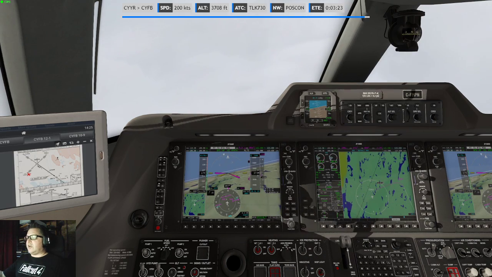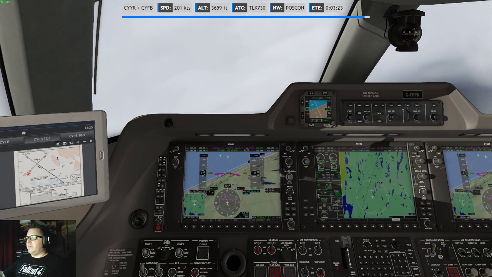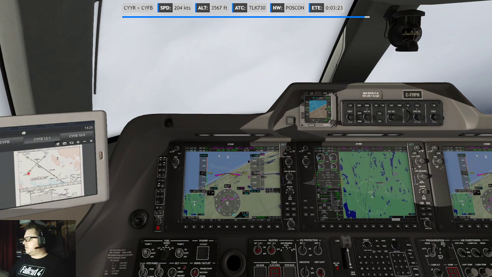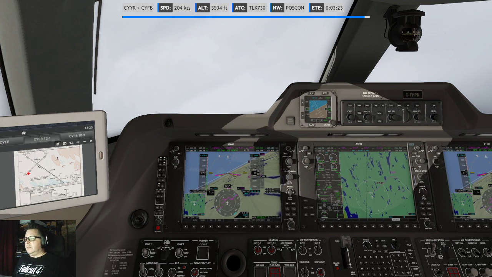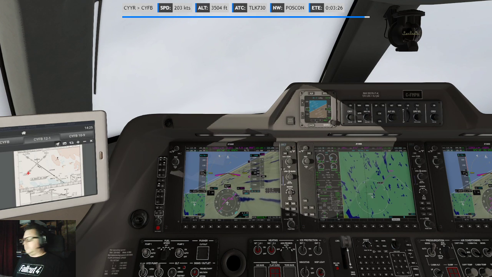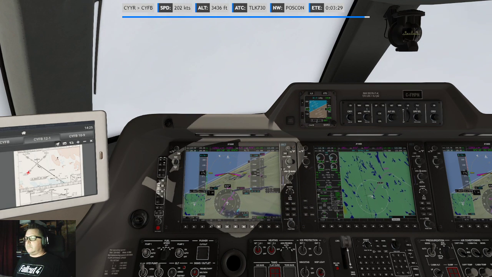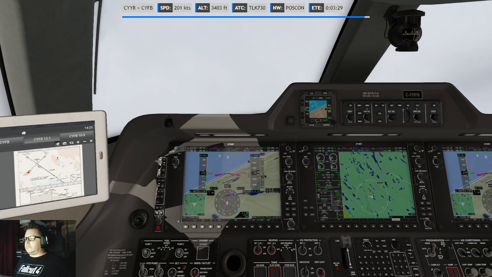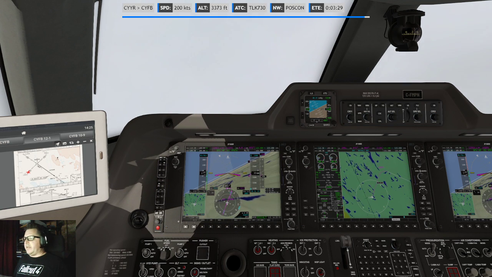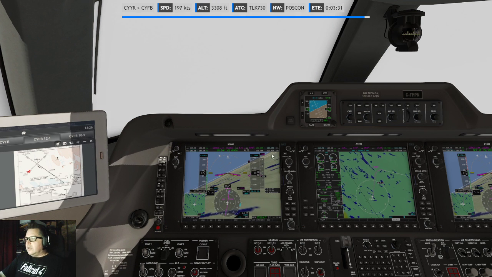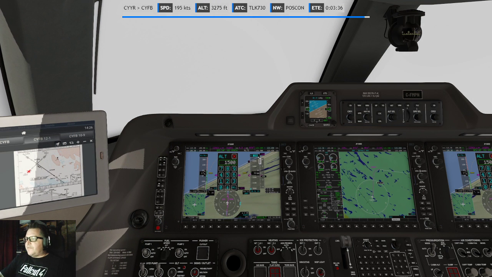Iqaluit traffic, starting 7:30, turning right base for the RNAV 16 approach, Iqaluit. Oh man, that's gonna be a fun thing. All right, this goes 1500.